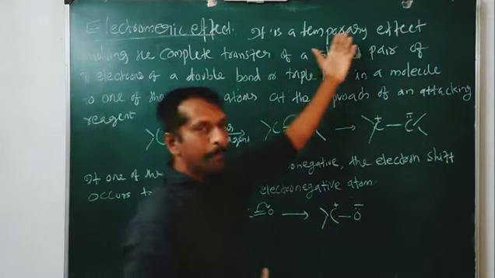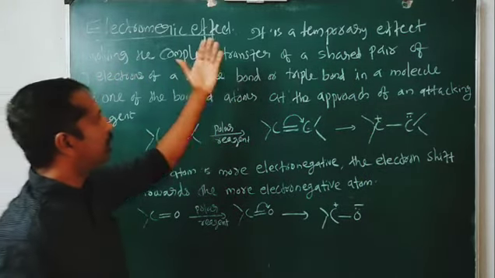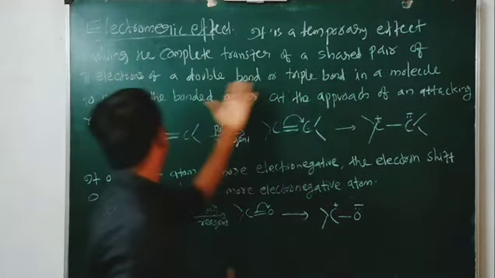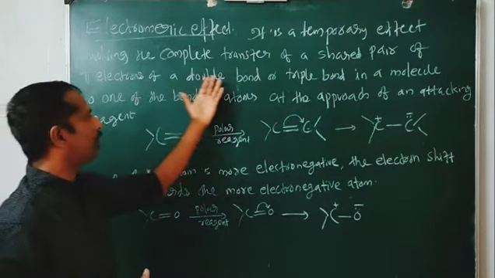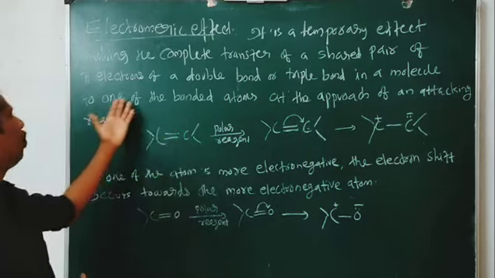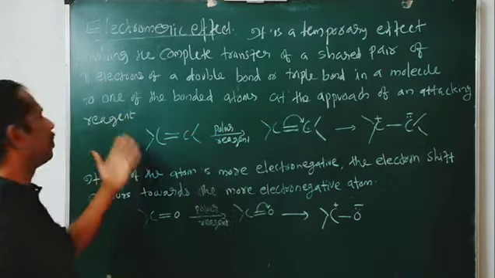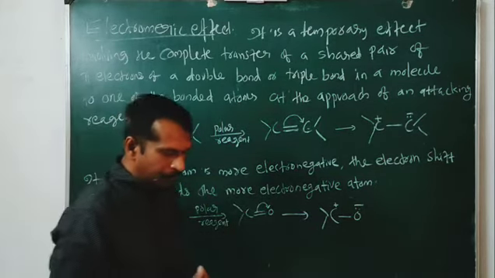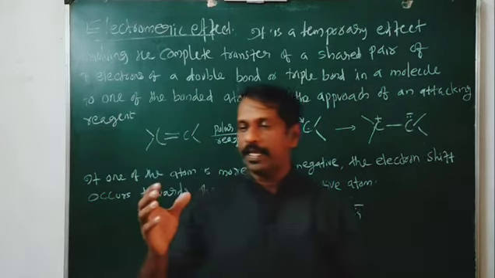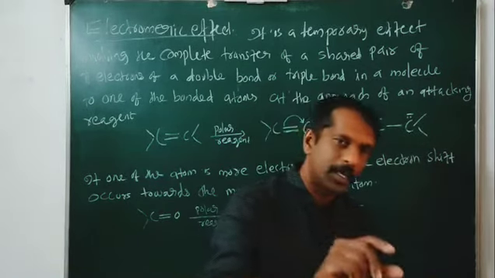It is a temporary effect involving the complete transfer of a shared pair of pi electrons of a double bond or triple bond in a molecule to one of the bonded atoms at the approach of an attacking reagent. So, in this case, when a reagent is attacking on a double bond or a triple bonded